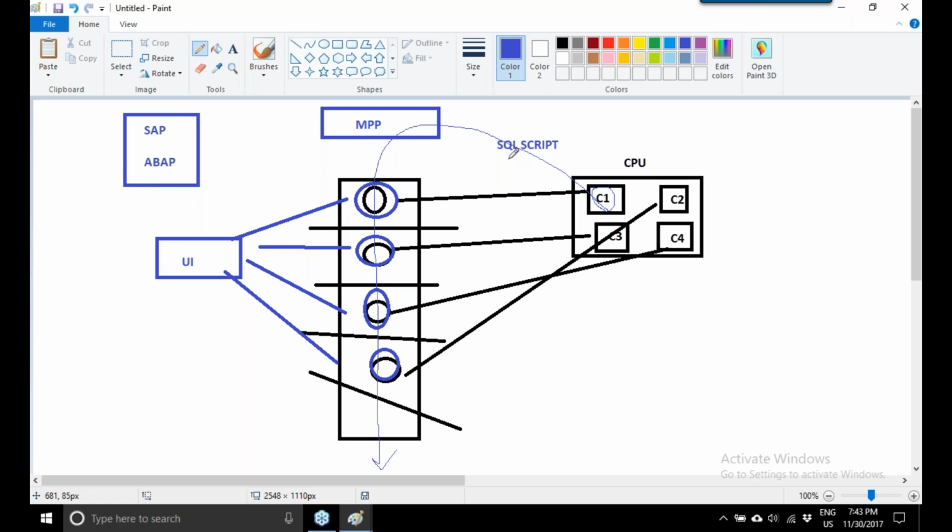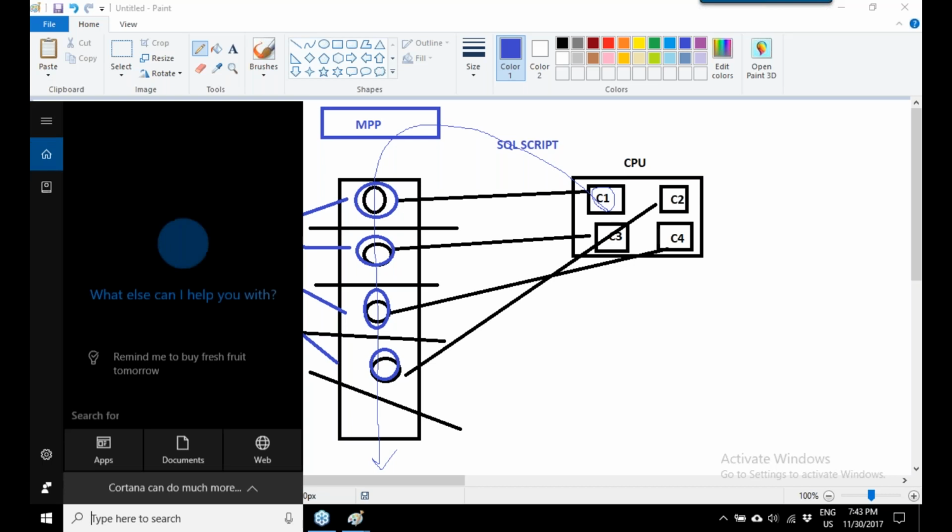So in the SAP HANA S4 HANA platform, all the cores are utilized to break into smaller chunks, process, assemble, and give back to the user. So if anyone asks you what is HANA S4 HANA, a very simple answer: it's in-memory, it is column oriented, and it does massively parallel processing. This is a very basic answer of what SAP HANA S4 HANA is.